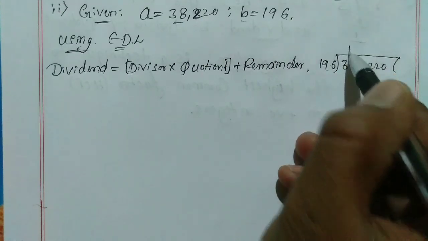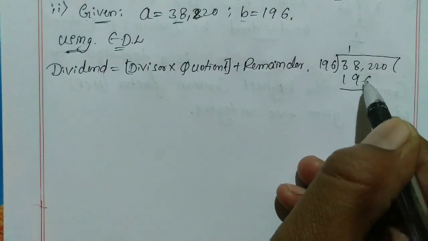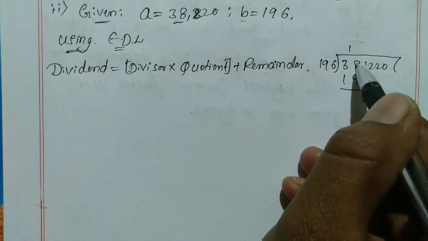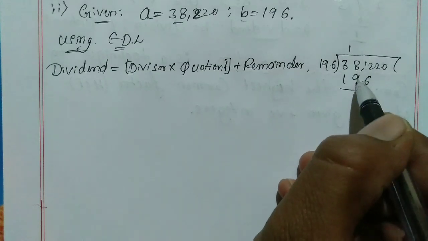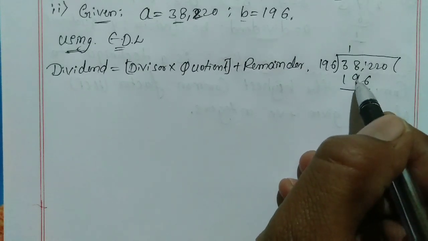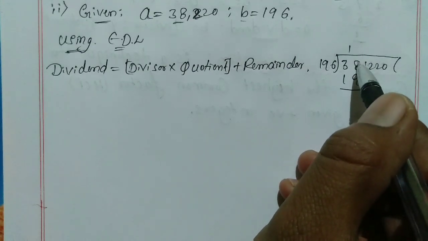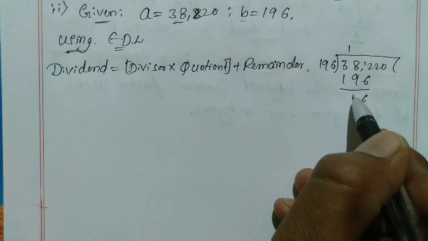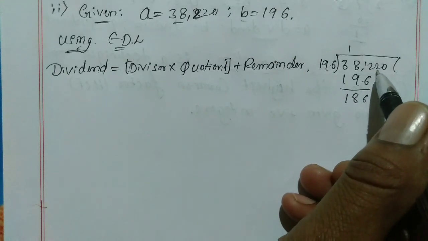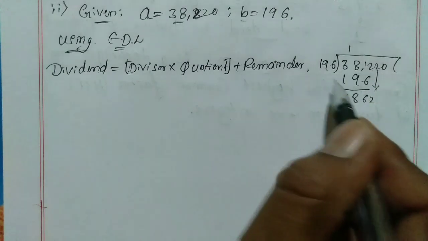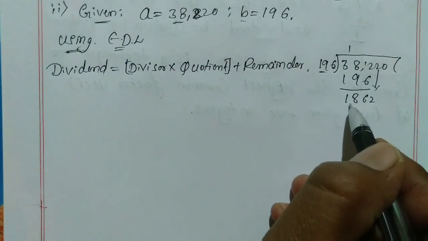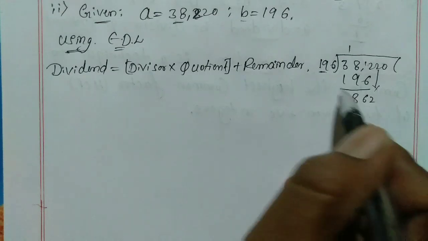Okay, so after that you take 196 times 196. This is 12 minus 6 is 6. Then this becomes 7. 7 minus 9 is not possible because 7 is less than 9, so you take one borrow, that is 17. 17 minus 9 is 8. Then this becomes 2, 2 minus 1 is 1. Next you bring this 2 here. Next 196, so 19 is here, here 18. One more number you take, that is 186.